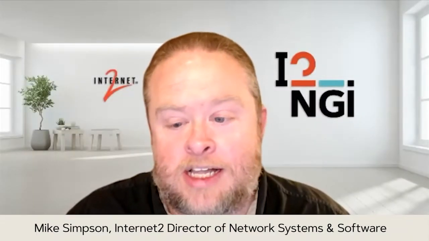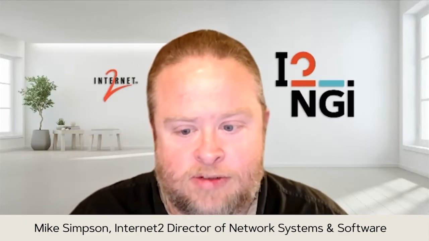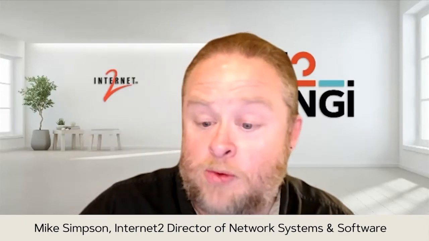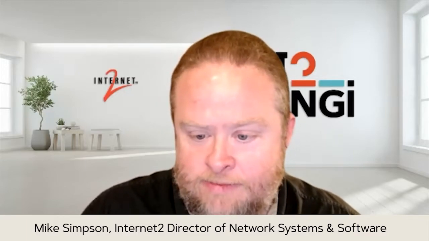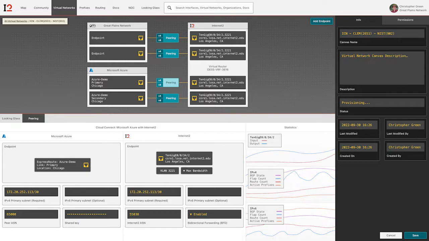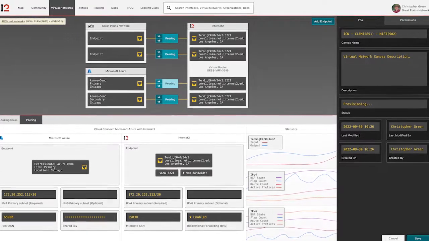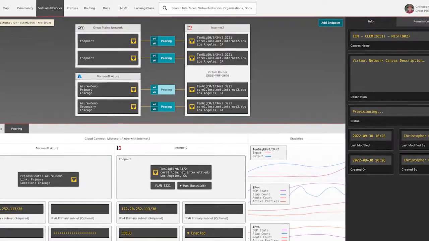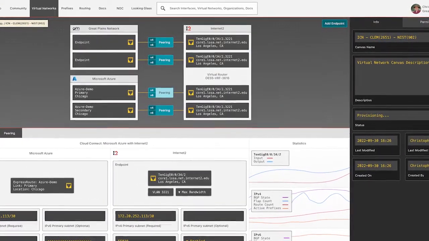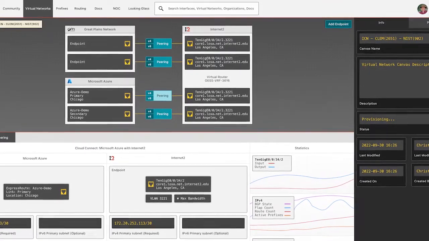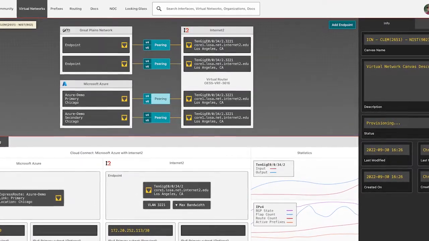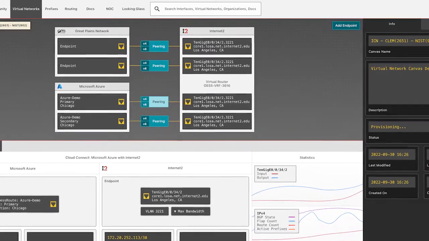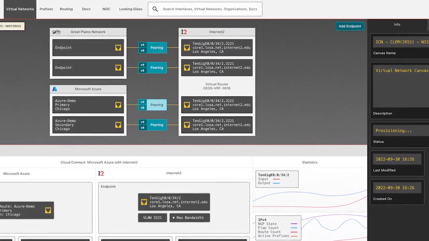So OESS and Cloud Connect have historically been great services for the membership, but we didn't want to just assume that we were going to update what we already have. And so again, the user design and user experience person that we have on staff, along with a couple of the core developers, have already spent quite a few hours, and there will be even more hours spent over the next few months, with the assistance of the BRM team, putting together user groups, end users, current users of OESS